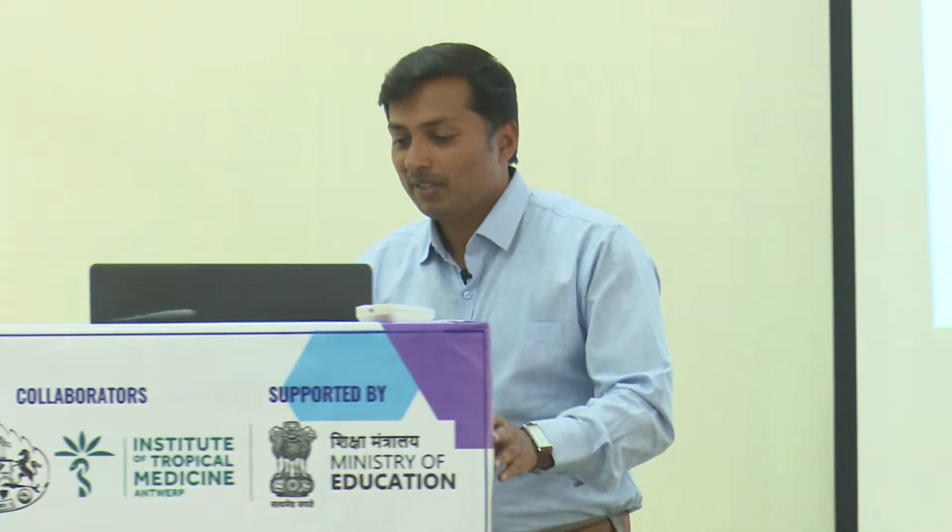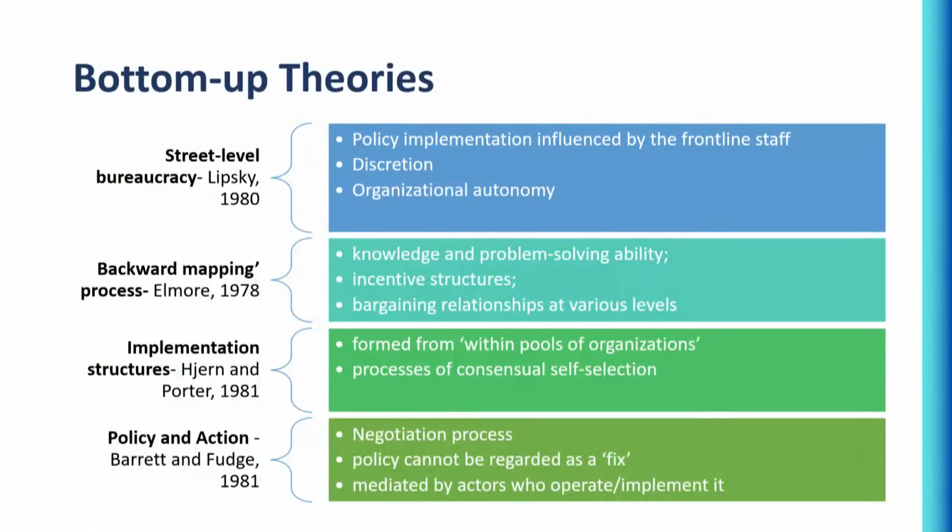In that light, there are different models, frameworks or theories. One which is widely famous is the street-level bureaucracy that Lipsky talks about. Lipsky describes implementation of policy as highly influenced by street-level bureaucrats, that is, the frontline staff who can change policies significantly. Sometimes, in departments also, people who are on the front line, maybe the non-teaching staff, will turn the policies and handle certain things in a very different and innovative way.